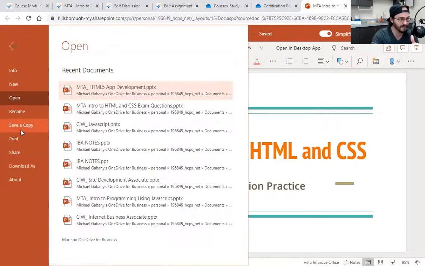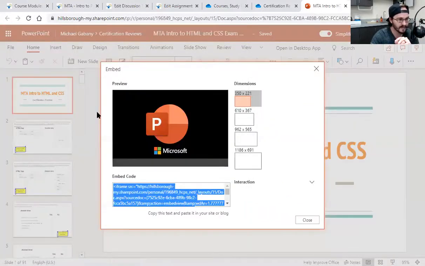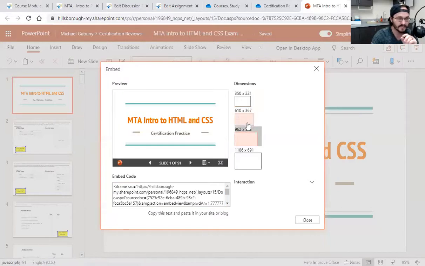You got to go to File, and you got to go to Share. Then you got to go to Embed. Now look where the mouse is, right? There's the brackets. Keep that picture in mind. You're looking for the picture. Look for share. Look for the brackets. Choose a size. Think about me. I have glasses that are like 1 inch thick. Use a larger one, please. Whatever you choose is the size you'll see on your screen.